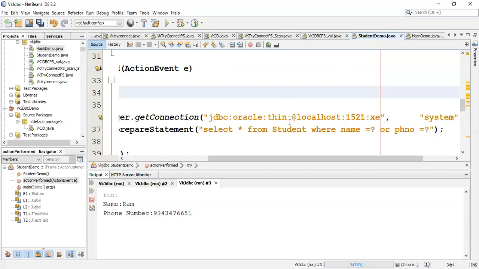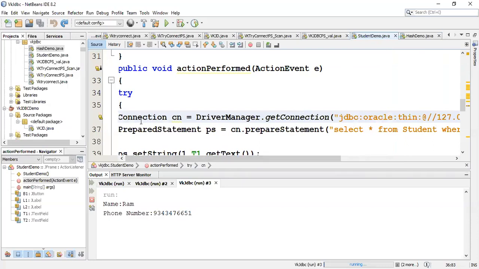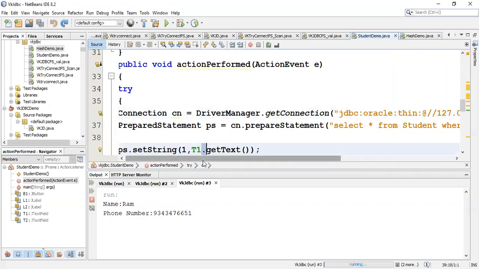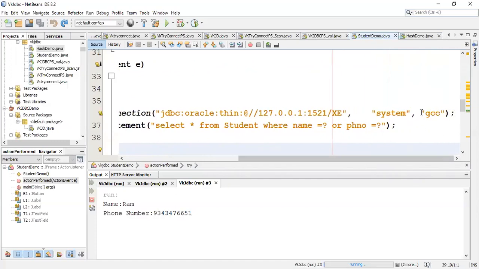So Ganesh's doubt is here. We had given an IP address earlier. I'll just say Control Z, and you will understand. My journal program was like this. This is my connection string, which I pass while creating the connection object. While creating the connection, I use the getConnection method, which accepts 3 parameters. First one is the connection string, second one is the username, and third one is the password.